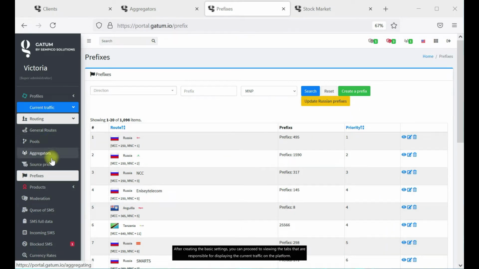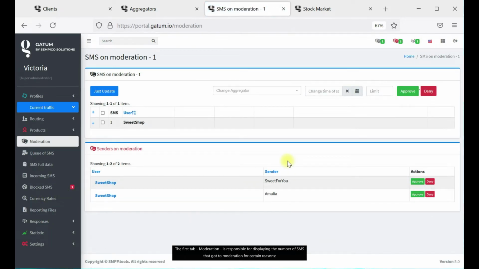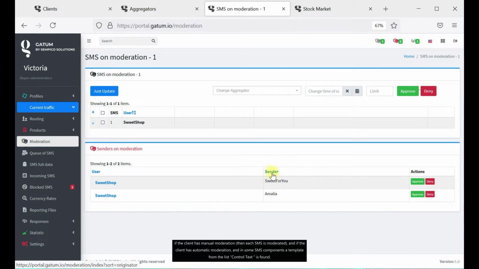After creating the basic settings, you can proceed to viewing the tabs that are responsible for displaying the current traffic on the platform. The first tab, Moderation, is responsible for displaying the number of SMS that got to moderation for certain reasons. First, if the client has manual moderation, then each SMS is moderated, and if the client has automatic moderation and in some components a template from a list of control text